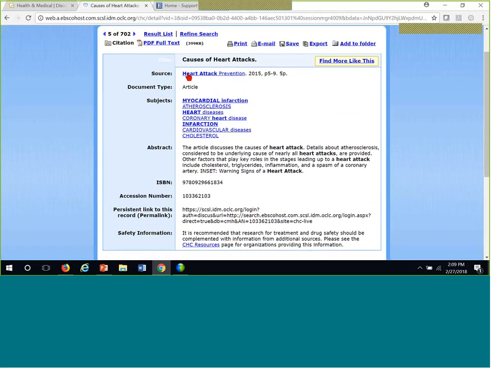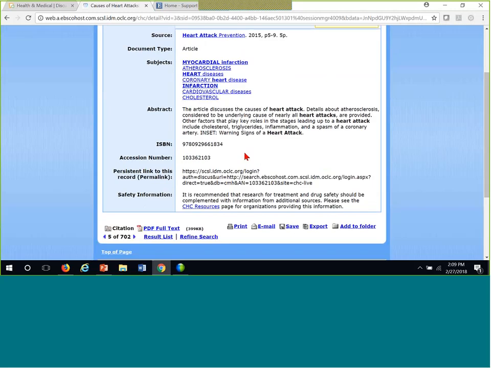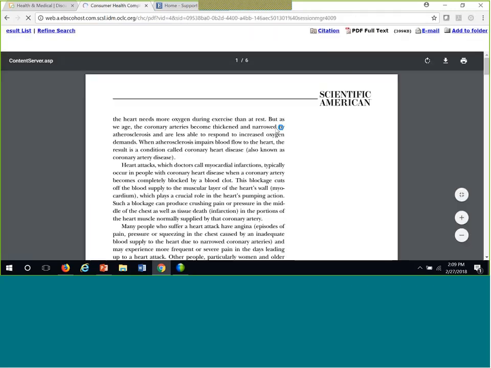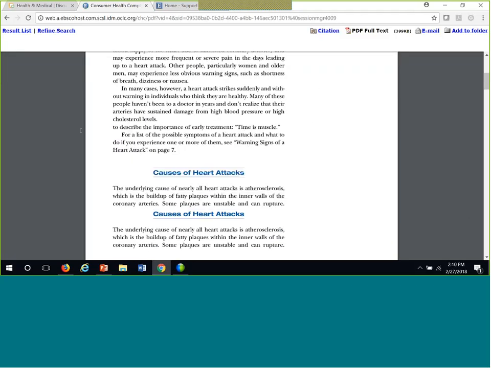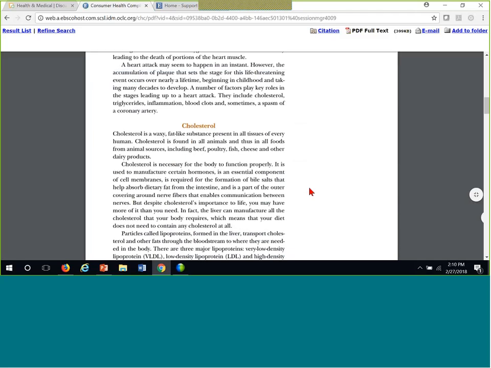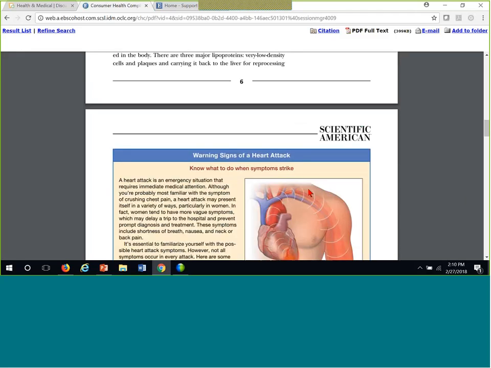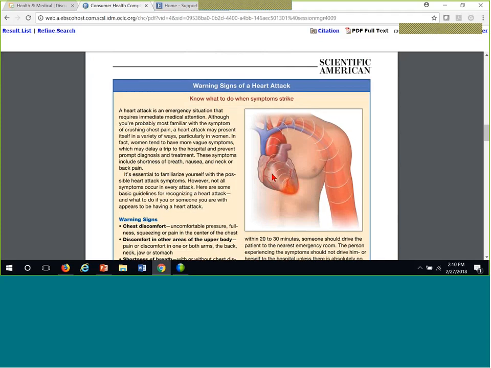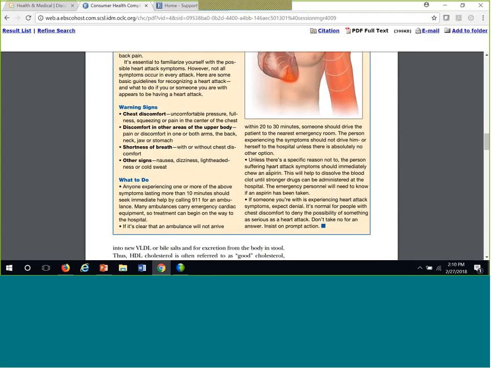Again, this tells us where it's coming from, heart attack prevention. Now they call it an article. It's actually more like a short chapter in a book almost for this. But this is nice because, oh, this one is from an article, but causes of heart attacks. So this is nice. Here are the warning signs. It's got lots of good images, and this is written for the consumer, for the everyday person to understand,